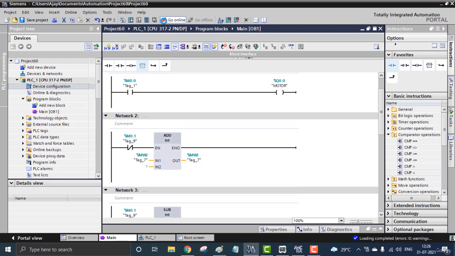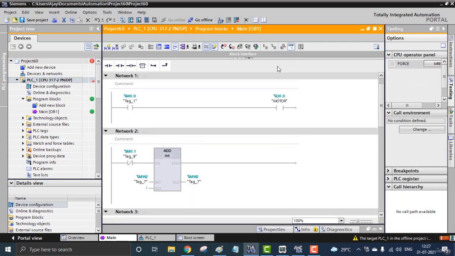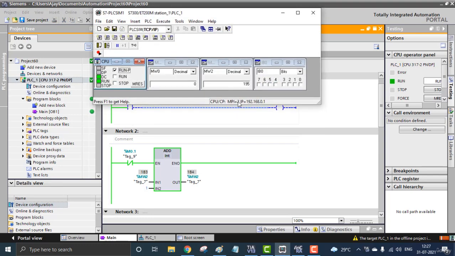Going online with this PLC program. So now we are in online mode, and you can see the simulation window right here. It goes up, up, up, nearly 1000. That means 1000, and then it will decrement when it touches 1000, down to 0. Then again it goes up to 1000, then down to 0, up to 1000, down to 0, like that. That will oscillate. So these values in the MW2 we can fetch to the HMI screen.